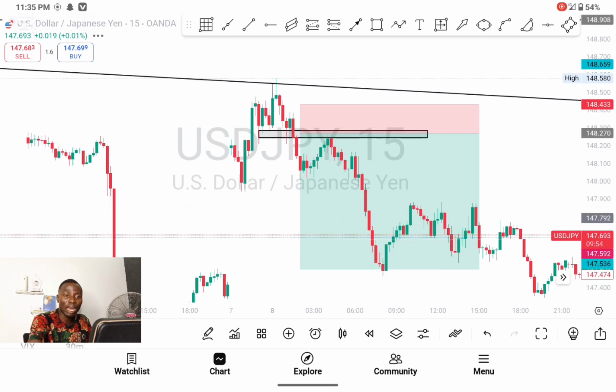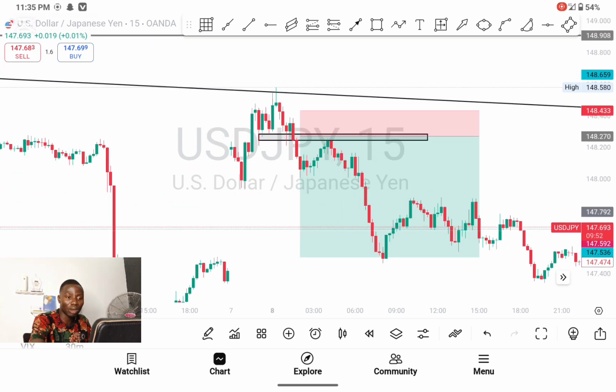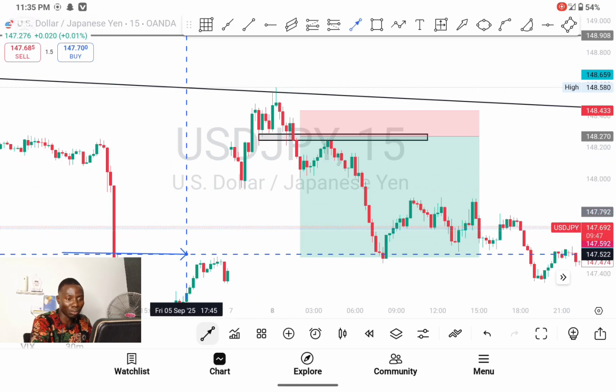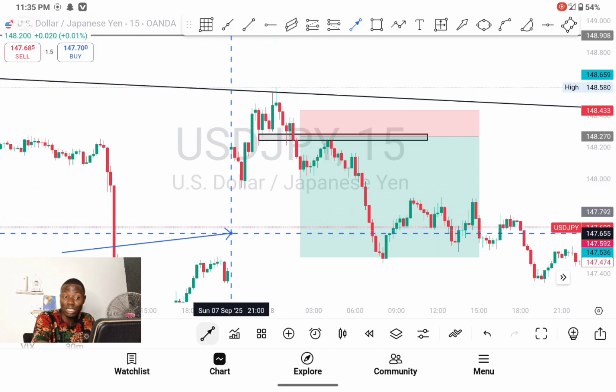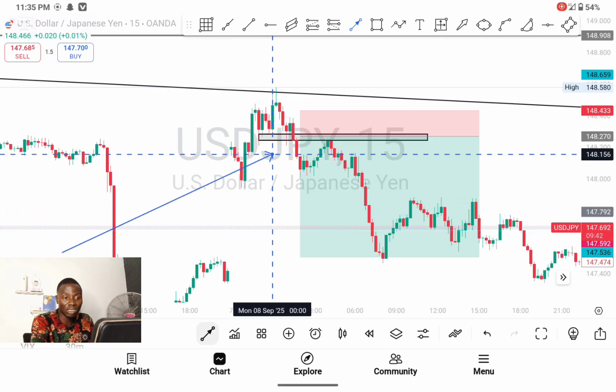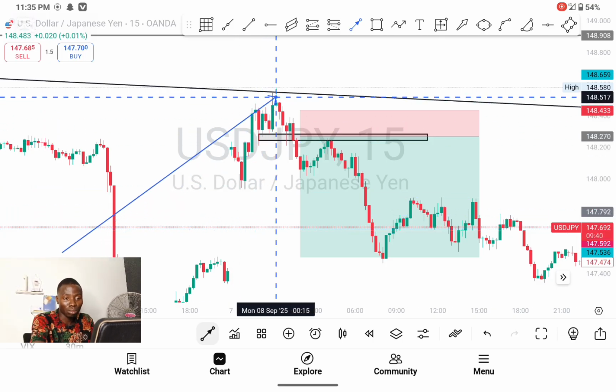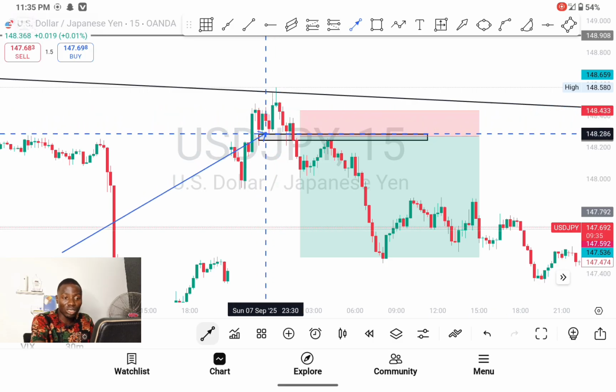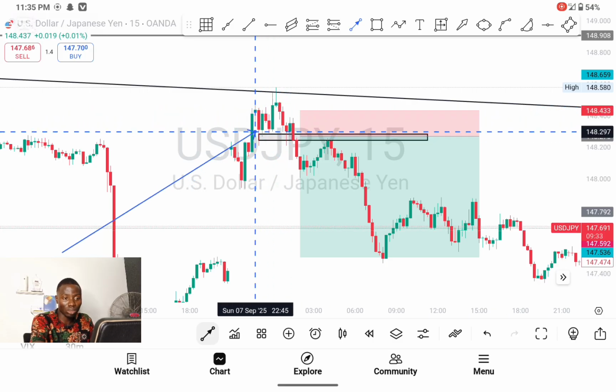So now, had it been I was in the chart when the market opened with a gap, look at where the market opened with a gap. Had I been in the chart at that time, I would have entered at this resistance level. But as I was not in the chart, I started looking for an opportunity at this area, and I found an opportunity at this area. Why?